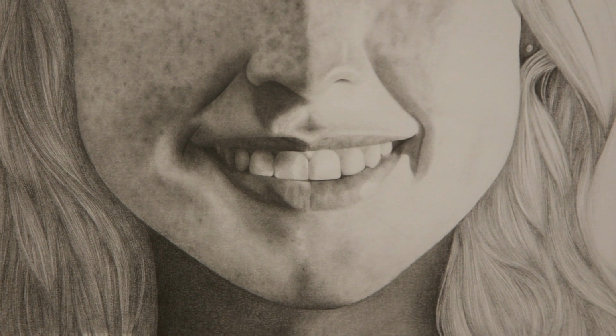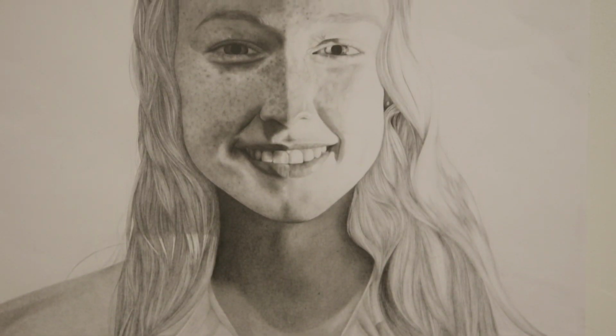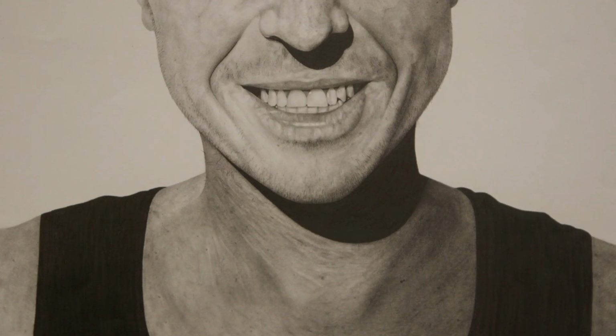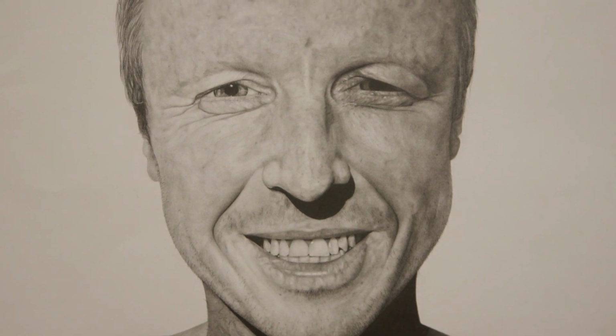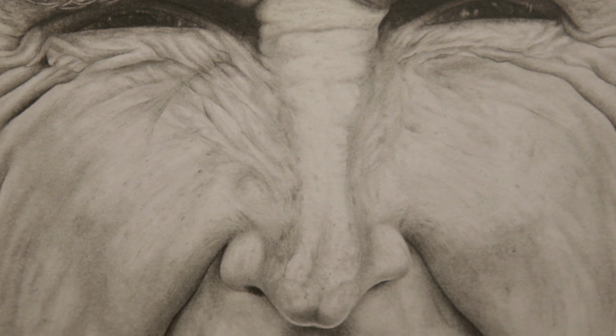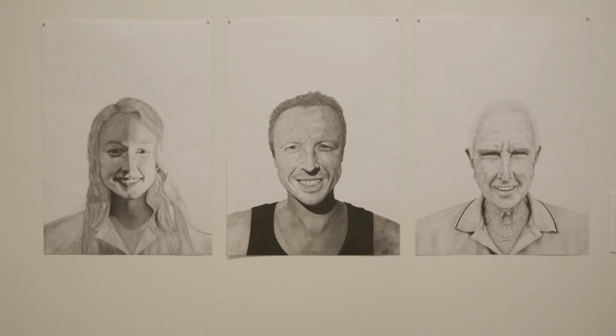I convey my idea of enlightenment through the use of the shadow on the face. Mine is very high contrast on the face. My father's is a bit of a gentle shadow, and then my grandfather's, he's out in the light, and there's hardly any shadow in his portrait. I decided to put them in ascending order of age. I like the look of having my grandfather and then my father and then me, so it's like age